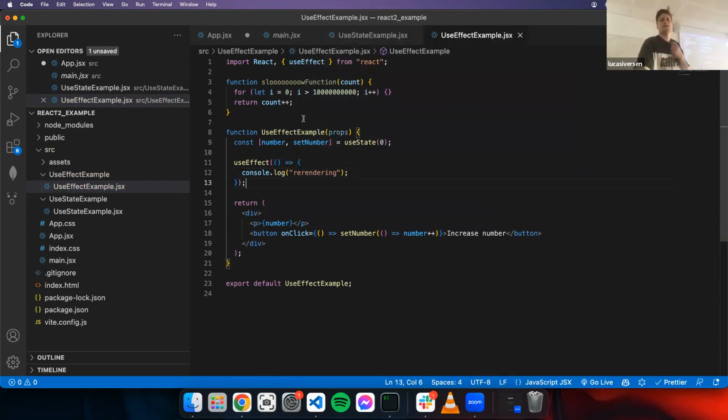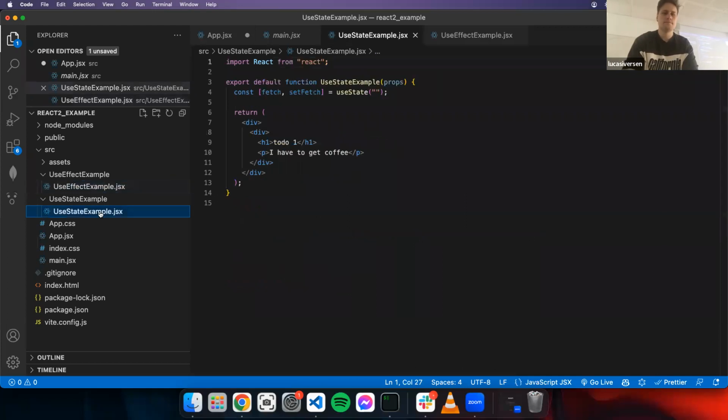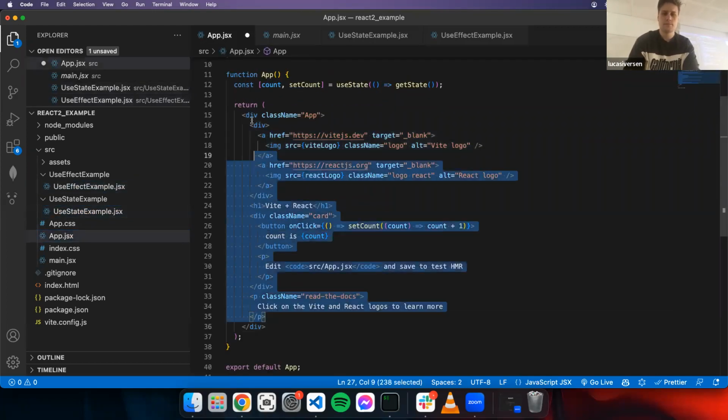So what I have here is I just made a tiny example of how to use this useEffect, right? And I'm just going to import this in my